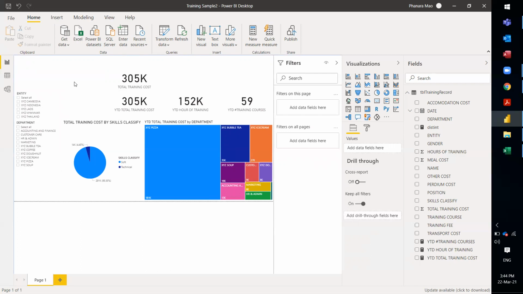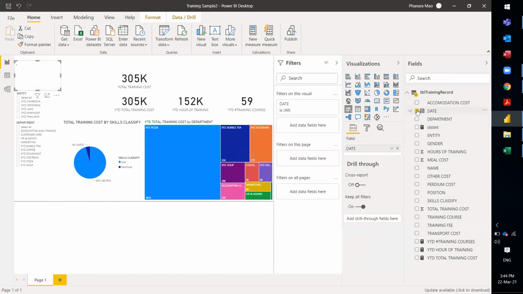And another slicer that is very interesting to know is you can use the slicer again, but in this case you use the date field in the slicer. So how it works, you just use the date field, okay, here it is. So what it's giving you is a very flexible option, that you can drag this one and see the result for a particular timeline from certain date to certain date. Okay, so the same thing, you can move just one of them or you can move two of them